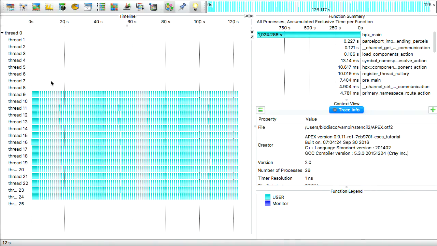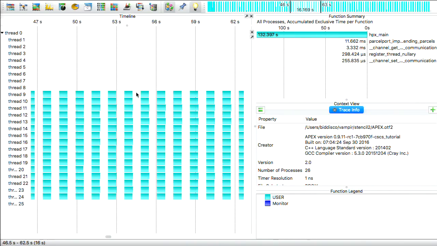I'm not entirely sure how many nodes. We ran 16 threads per node. And at this point, I'm expecting to see 16 times 4 threads in here, but I'm only seeing one node's worth. Okay, but the important thing is, if you look at the individual tasks, there's quite clearly a